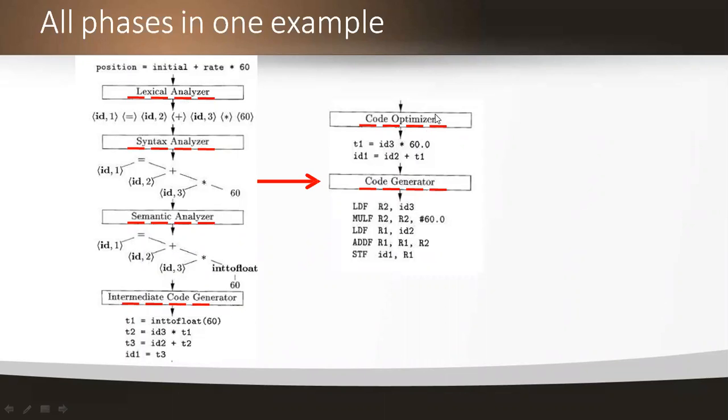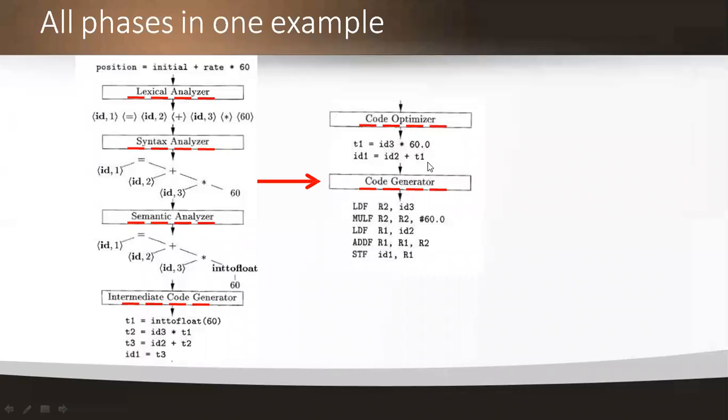Now the next phase is code optimization. Here, see, in the syntax and semantic phases the generated code is the same as it is. In the intermediate code generator and the code optimization, the generated code is the same, both in an intermediate code representation. But what we are doing here is minimizing the lines of code, we are performing an optimization. See here we have 4 lines of code, but here we have 2 lines of code.